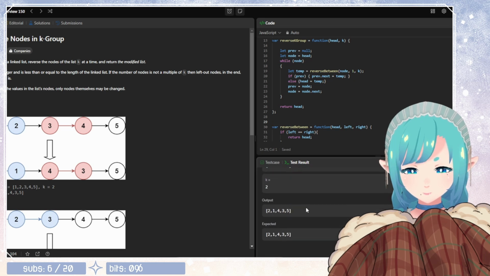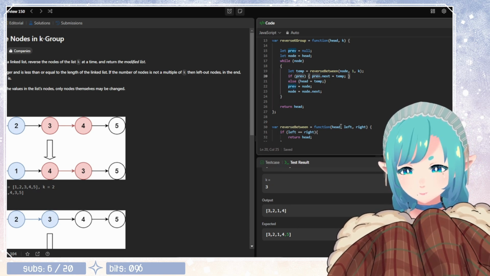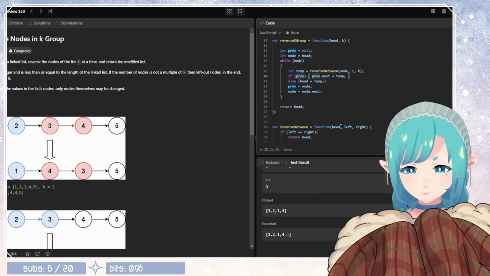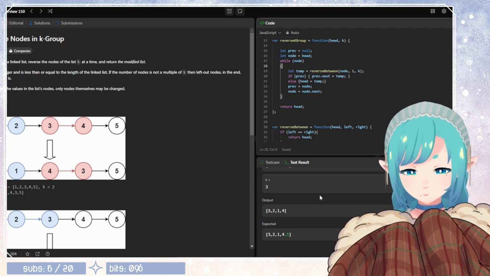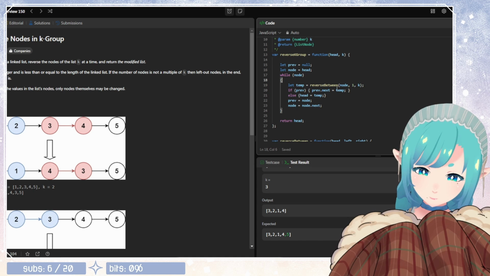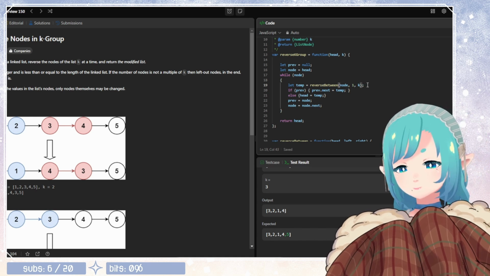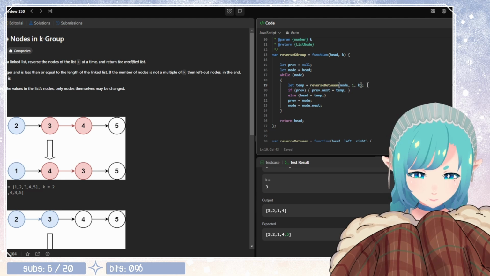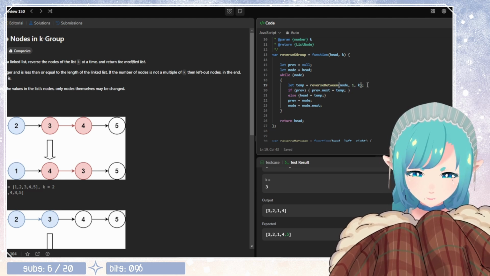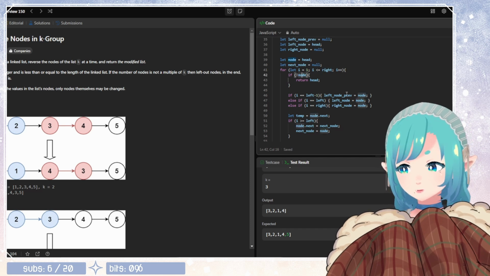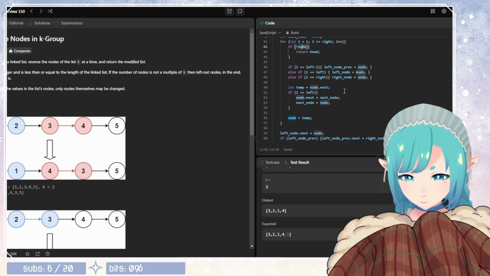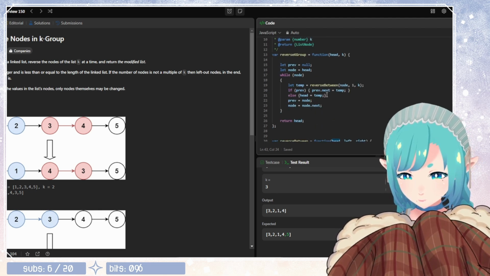Well, then it should... Okay. What is it doing? We're reversing. But we should get a value that's invalid. And so it should just return